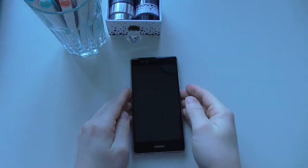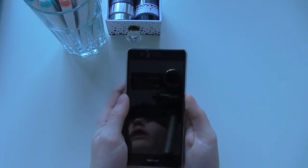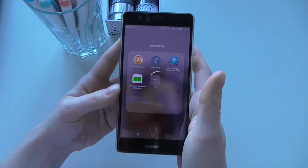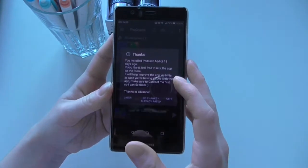Hey guys, so I thought that today I would show you the Japanese help I have on my phone to practice. So let's get into it. This is my Japanese folder. I have 4 apps. The first one is Podcast Addict, where